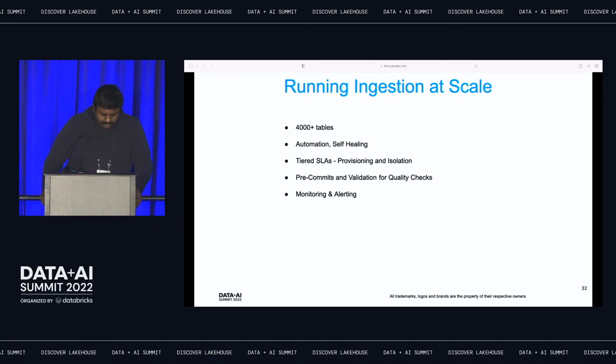Not all the tables are equal, right? Some of the tables are very critical, so we need to guarantee some kind of isolation and SLAs for those tables. The way we approached it is a tiering-based approach. The highest priority tables have dedicated Debezium connectors and dedicated resources to guarantee that there is no SLA miss with respect to